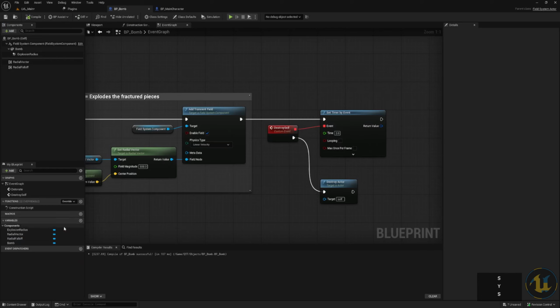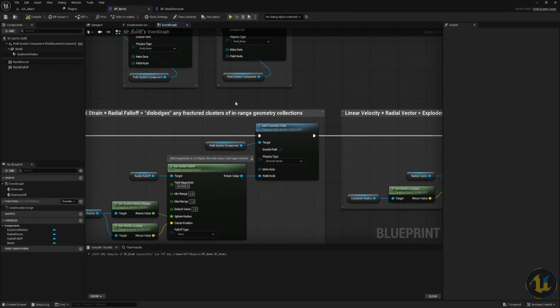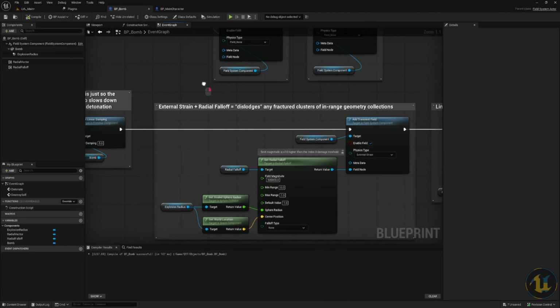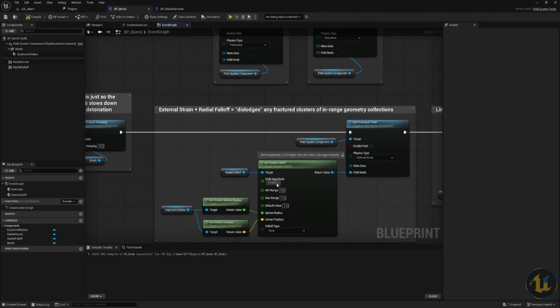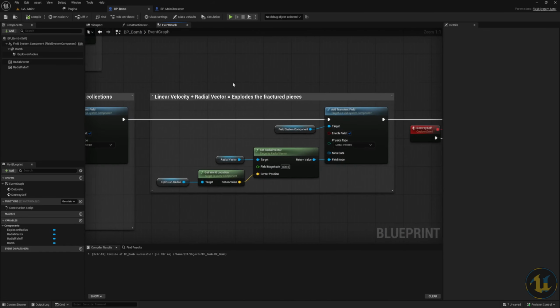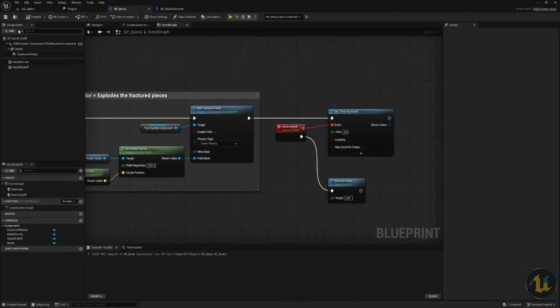Fourth, inside this blueprint, add a collision sphere and two simple field-specific components, radial falloff and radial vector. Transient fields allow us to trigger these physical forces. As mentioned before, make sure your field magnitude is beyond the damage threshold of the geometry collection you're planning to blow up. Keep in mind, there's a lot more field components, field types, as well as physics types, so feel